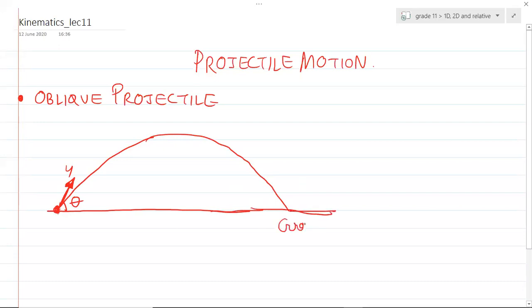Yes or no? Was this the question? Was this the derivation which we were doing in the last class? I introduced you with all the terms, right? Let's say at any general time t, its velocity becomes v. So let's say if it is thrown at t equals 0, it will reach over here at t equals t. And what is the displacement? This is the horizontal displacement x, and this is the vertical displacement y, right? Remember all this? Yes. Discussed in the last class.